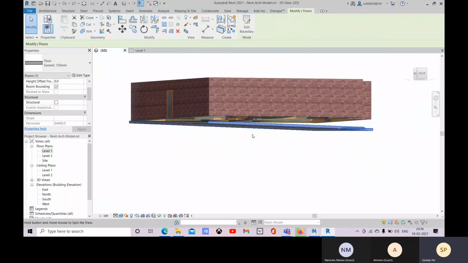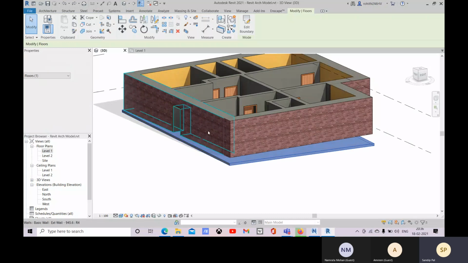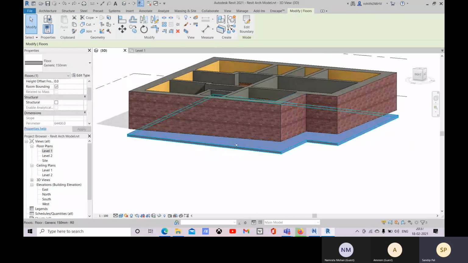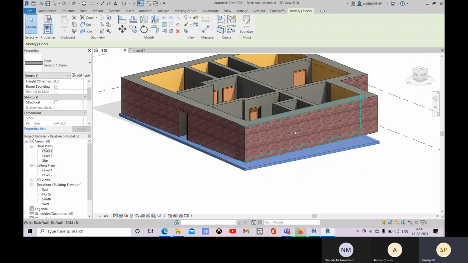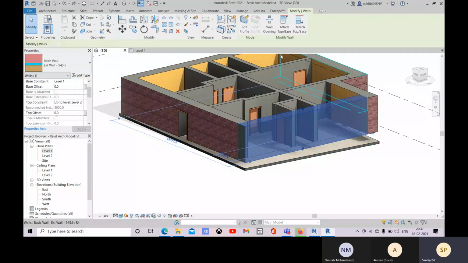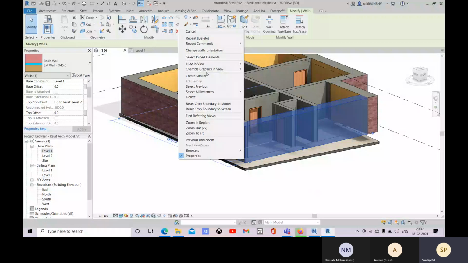So if you ever change the floor height or floor slope, that will be updated. So wall height will be updated. It will be linked with that. It will be attached with that base. So that is the process. So select it, or you select all these walls. Go with this, select all instances.